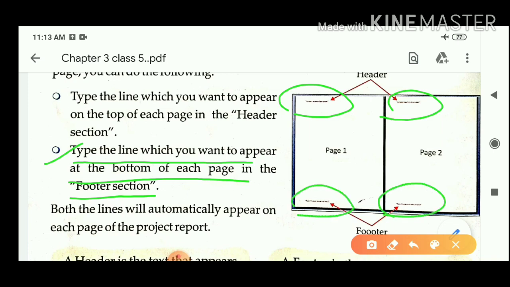Means whatever you type on the top of the page is known as header and whatever you type on the bottom of the page is known as footer. Okay. Both the lines will automatically appear on each page of the project report. Automatically means by itself, खुद ब खुद, स्वतः, अपने आप. Okay.